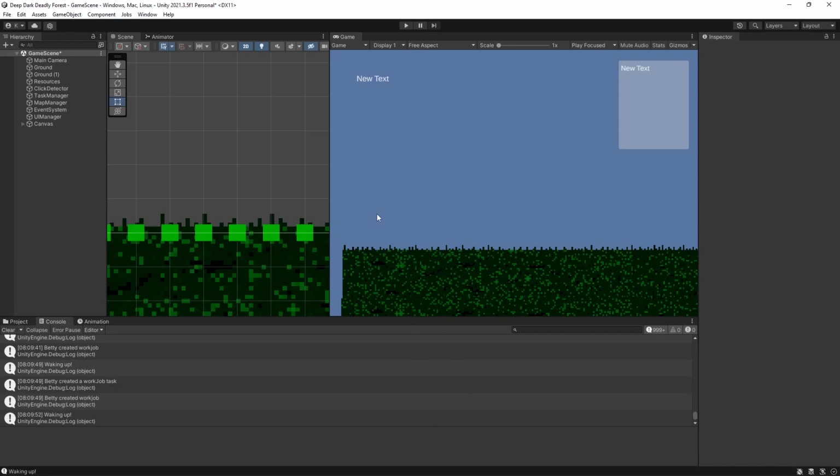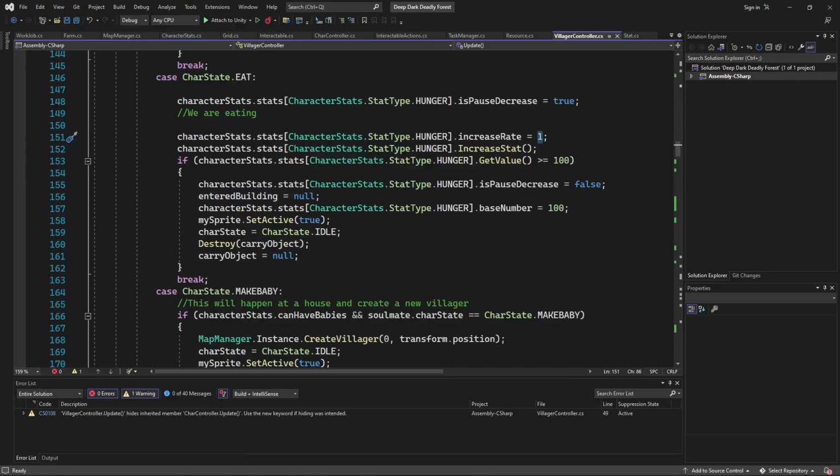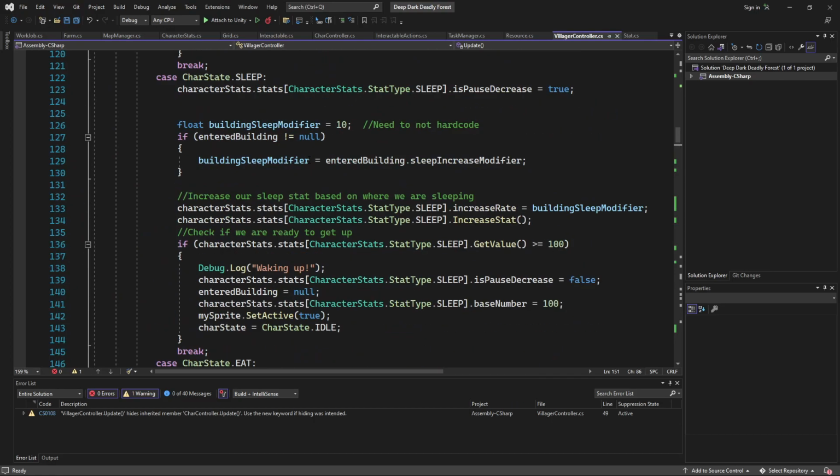Welcome back to another episode of me making a village simulator in Unity and C# programming. Last episode we got the farm and someone working at the farm. One thing I added to kind of fix the bug of the worker,